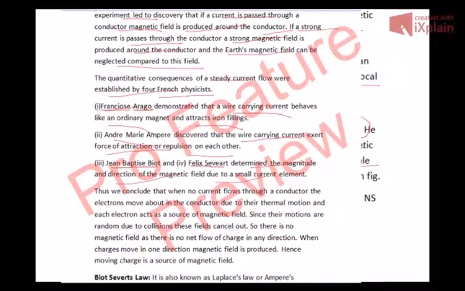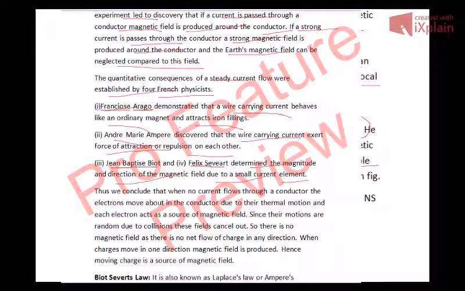They showed us how much magnetic field is produced in a current carrying conductor. They did it independently, so the credit went to both of them, because they worked simultaneously and independently. Biot was at one place, and Savart was at another place. They did not know each other.